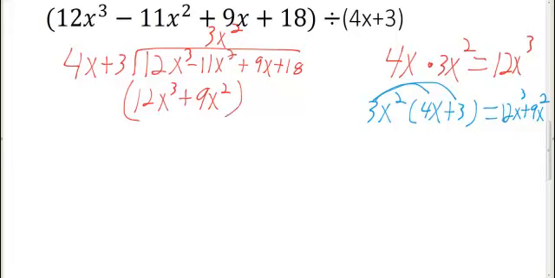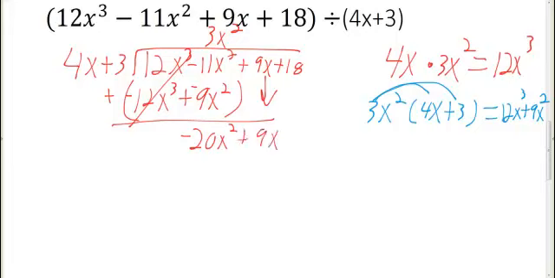Remember when I was dividing the number, I was putting parentheses around it and having a minus sign out on the outside. So we're going to put that. I like to place that minus sign, then change all the signs inside as if we are multiplying by a negative 1, and then change the minus sign to a plus, showing that I've completed it. Kind of a little check mark for me. Now we add it up. 12x cubed minus 12x cubed is 0. Negative 11x squared minus 9x squared, remember, is negative 20x squared. We bring down the 9x,